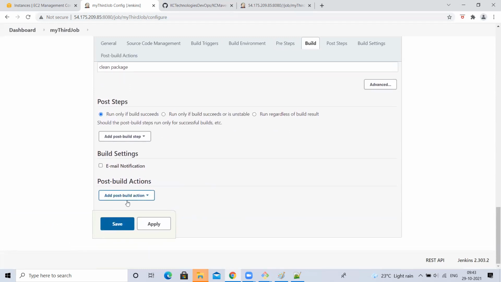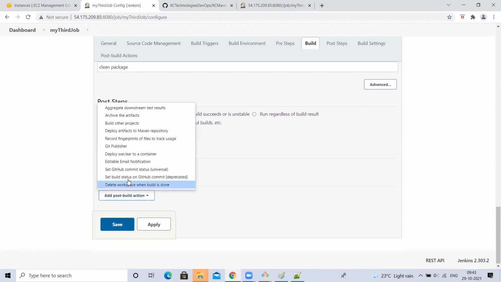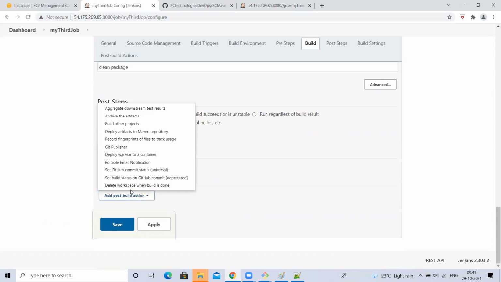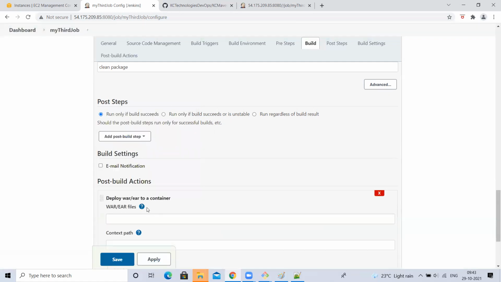Next, email notifications. We'll do this later. And the post-build actions, like I want to deploy into Tomcat, right? Such things. I want to send an email notification. Build means what? Maven build. After Maven build, I want to deploy into Tomcat. Okay, you select this. If you want to do something else based on this option, we can do it, but generally we'll do this, deploy to container. So email notification, I'll explain to you. If something goes wrong, how to send an email. If everything is fine, ignore. If not, I have to send an email notification like this.